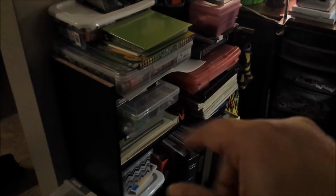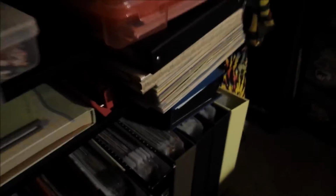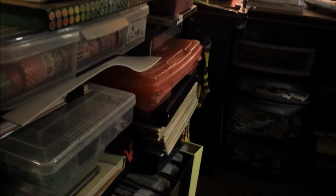And let's start from this side right here. This is like a bookcase that I bought at Walmart. The cheap ones, they're like $15. And right here in the bottom, as you can see, I have my albums. I obviously want to do something better than this, because it's kind of claustrophobic sometimes. I'm planning on buying one of those Kallax, I don't know how to say it, units from IKEA, so I can just put all the albums and all the stuff that I have here. I have a lot of stuff. That's why